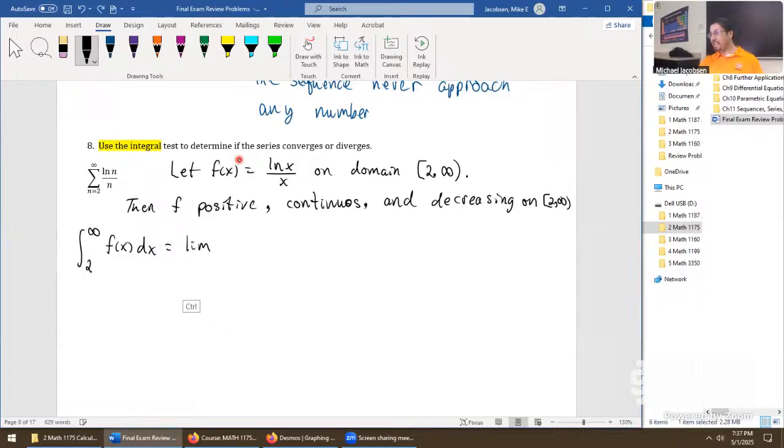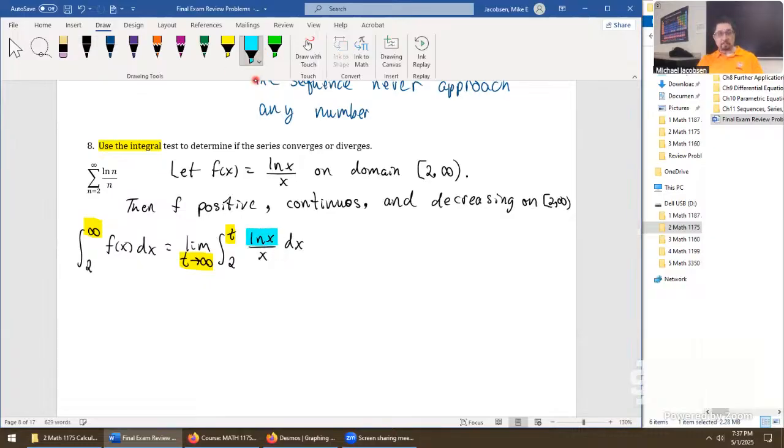Like the last problems, we do have to write in the limit, sending in the direction of positive infinity a new variable t instead of x. And the role of t is to wipe out that infinity and put in a finite number. That's the only way we can actually use the fundamental theorem, part 2. So we're integrating from 2 to infinity. And this would be the required setup step for the full credit on this kind of problem. Throw in the integrand, it's natural log x over x, dx.